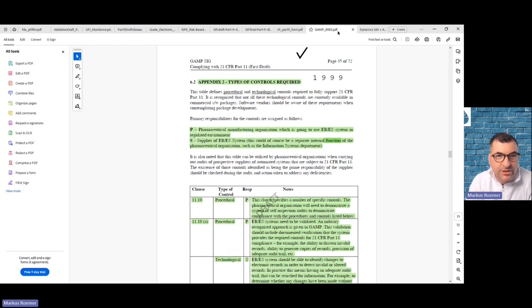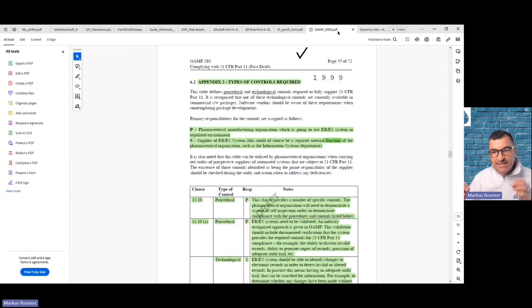I only have the draft version. It took me this morning 1 hour. I was searching at the ISPE website if we still have the GAMP Good Practice Guide complying with electronic records and electronic signatures. I have not found that. There were different initiatives together with the PDA, and we created something like the GERM, the Good Electronic Records Management guidelines and so on, but I was not able to find it anymore. Maybe it's a long time ago, but what you see here, and I think I can share that because it's a draft version,